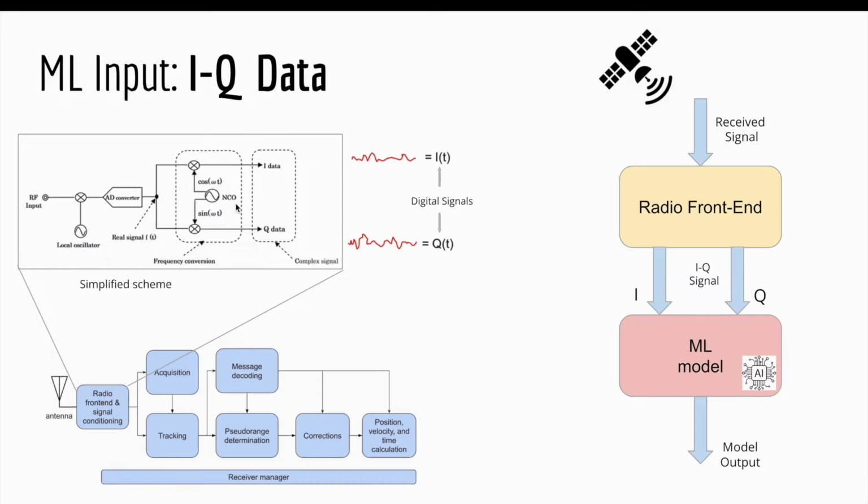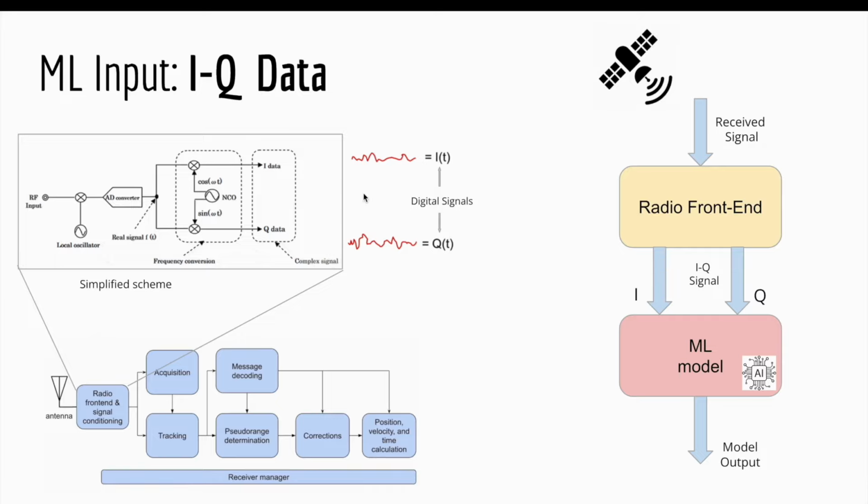Basically, the same signal is multiplied with a sinusoid and a cosinusoid in order to get, at the end of the day, a complex signal. So not all the GNSS receivers use this kind of modulation, but the most modern ones use it. The reason why this is used is not the scope of this lecture. It's mostly for efficiency purposes.